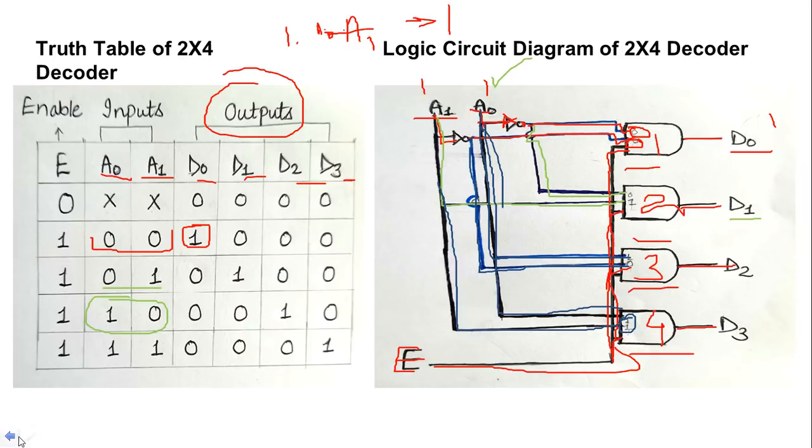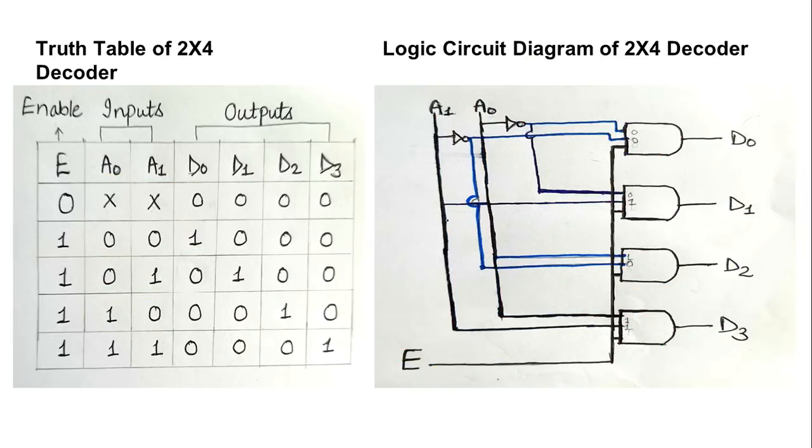So the sole idea or the basic idea behind this entire circuit is that whenever this diagram is designed, keeping in mind these points, I will always consider these values of a naught and a1 to be equal to 1. This is a standard value which is taken every time, equal to 1 and 1, whenever you have to design any logic circuit diagram, right? So now the agenda is that I will get d naught equal to 1 only in the case when a naught and a1 are 0 0. Second point is that d1 will be equal to 1 only in the case when a naught and a1 are 0 1. Same is for the other cases also.